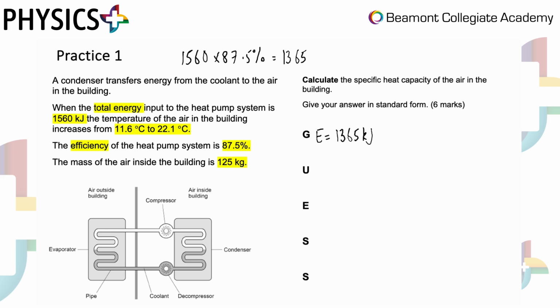We've also been given a change in temperature. 22.1 minus 11.6 is 10.5. And we've also been given mass. Units. Energy has been given in kilojoules. We want it in joules. So we times by 1000. So E is equal to